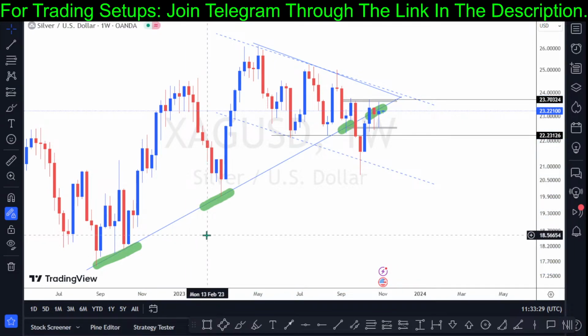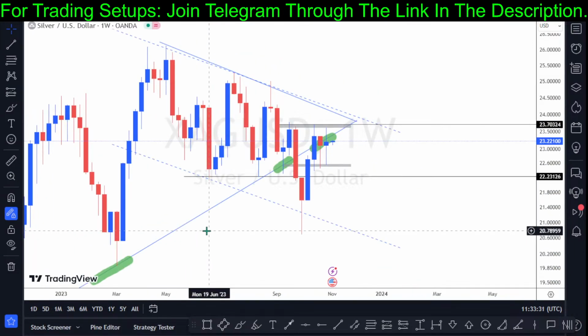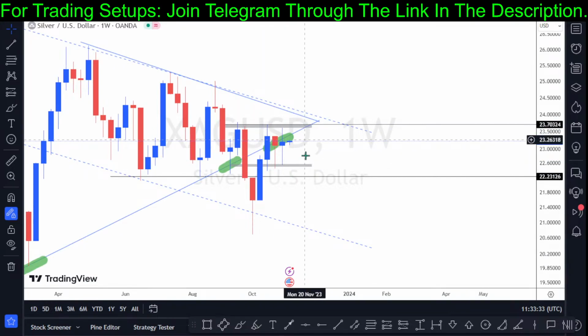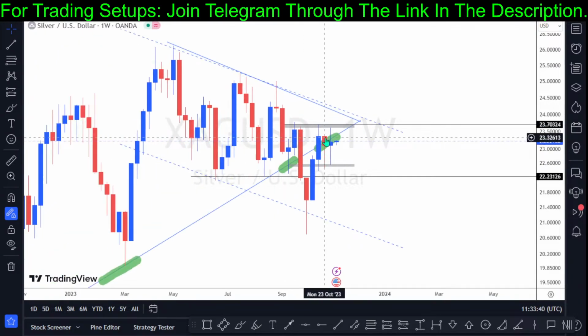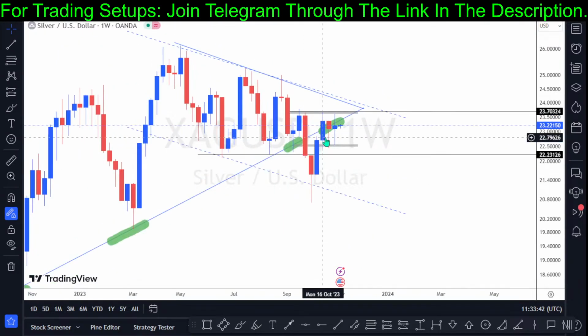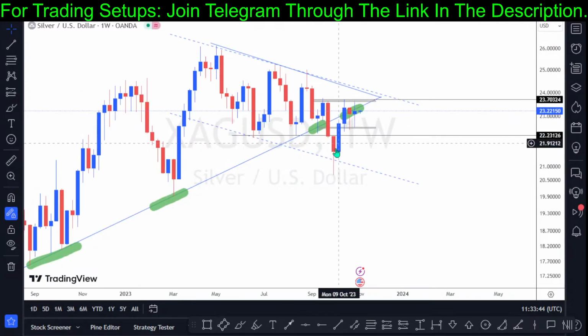So the best way to trade in the ranging medium is to look out for resistance and support structure. As you can see now on the weekly chart of this asset, price is in a ranging medium, and we have a doji candlestick. So it's in a state of indecision. So the best way you can assess this asset right here is to look out for a breakout. And as well, based on what we have on the weekly chart,